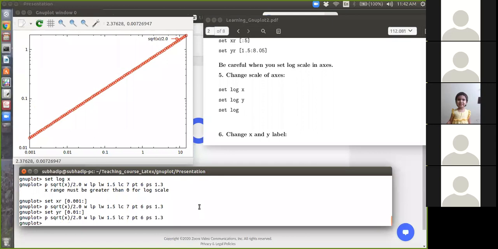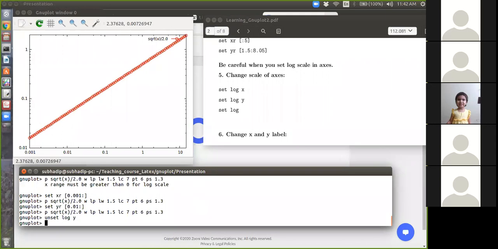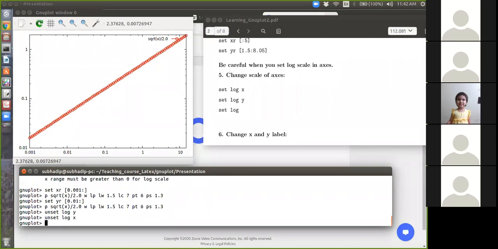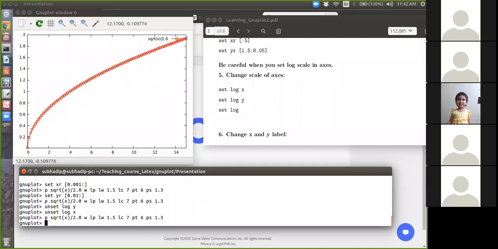And if you want to unset anything, unset log Y, unset log X, you will recover the old plot in linear scale. So the opposite of set is unset. The rest of the command is the same. You can see this in linear plot. I hope it is fine.